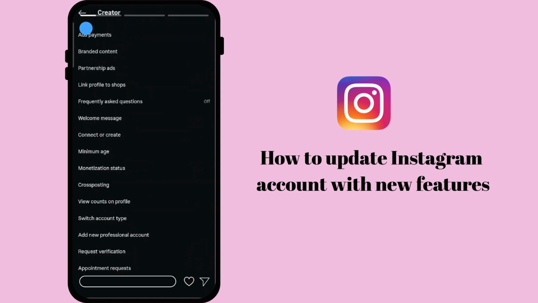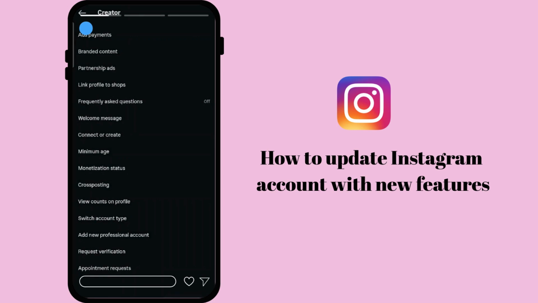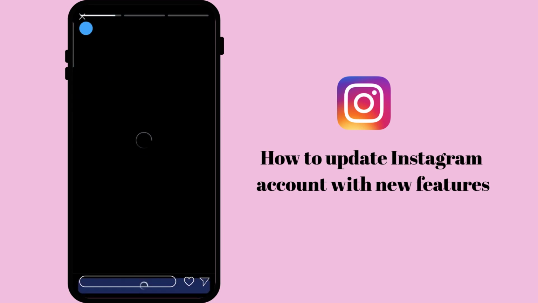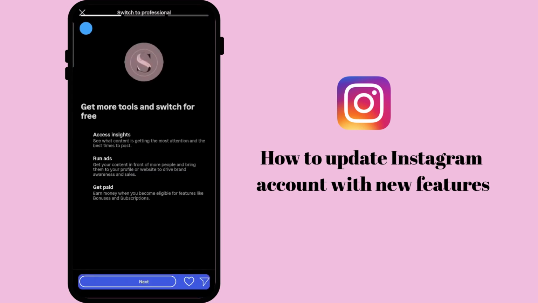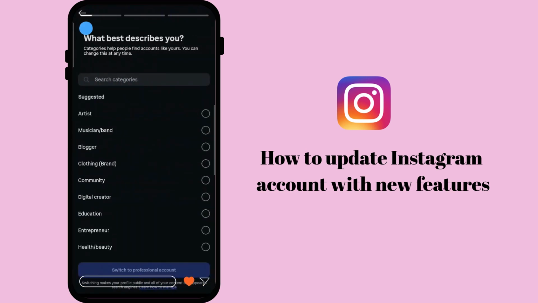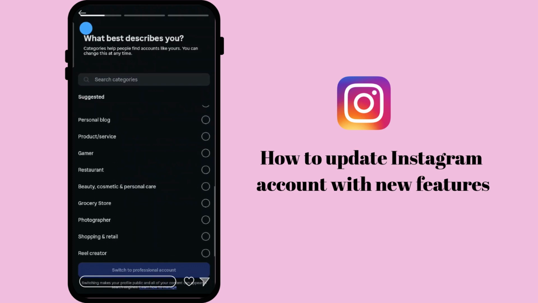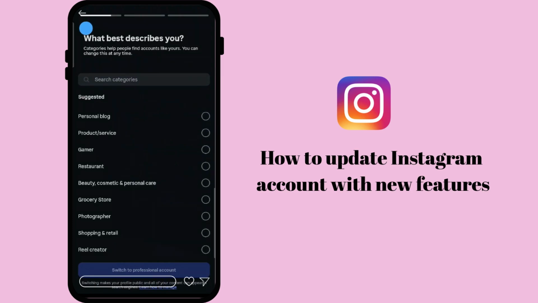you use Instagram. To make sure you always have the latest version without thinking about it, enable automatic app updates on your device. On iPhone, go to Settings, then App Store, and toggle on App Updates. On Android, open the Google Play Store, go to Settings, tap Auto Update Apps, and choose the option that works best for you. If you're mindful of data usage, select Wi-Fi only so updates happen when you're connected to a